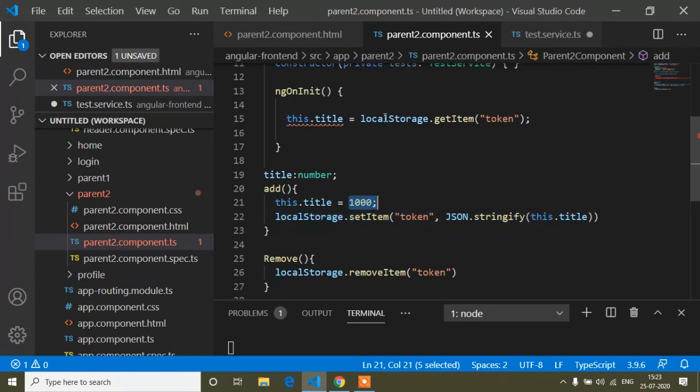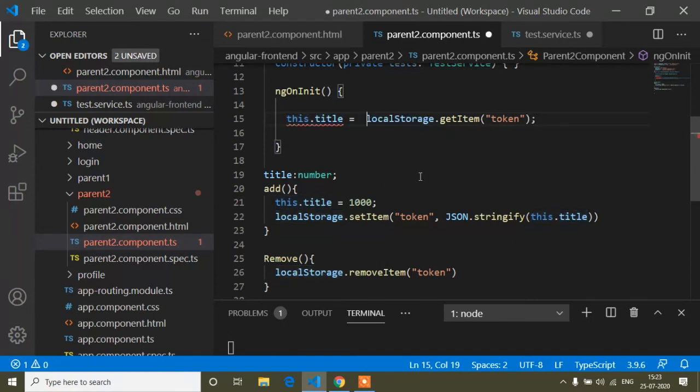So when I get the local storage, we are getting it as a string, but it's a number. So for that it's showing an error. So when we get this local storage, we have to get it as a number format.